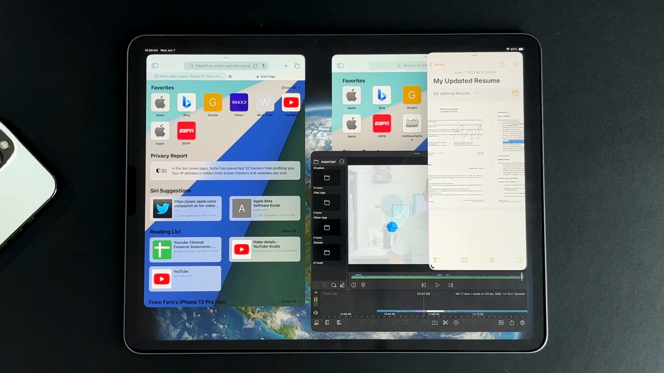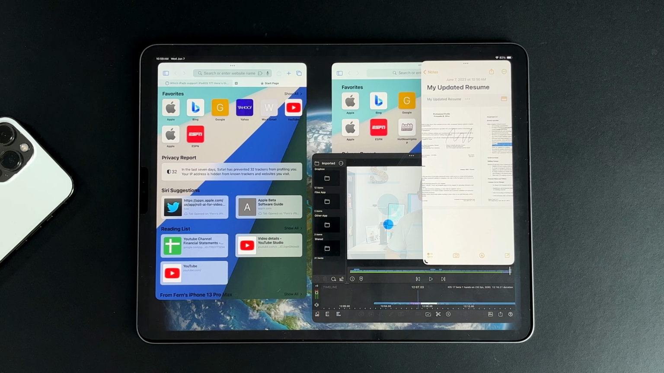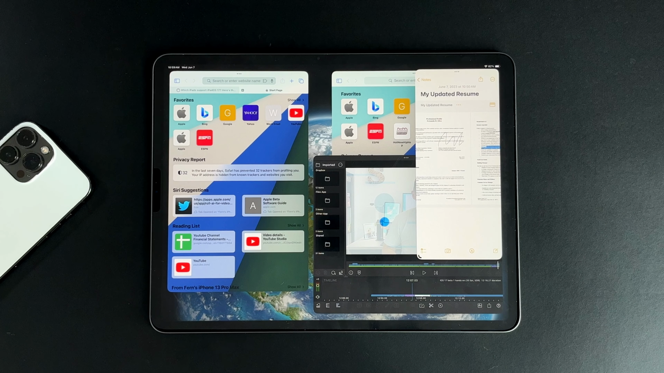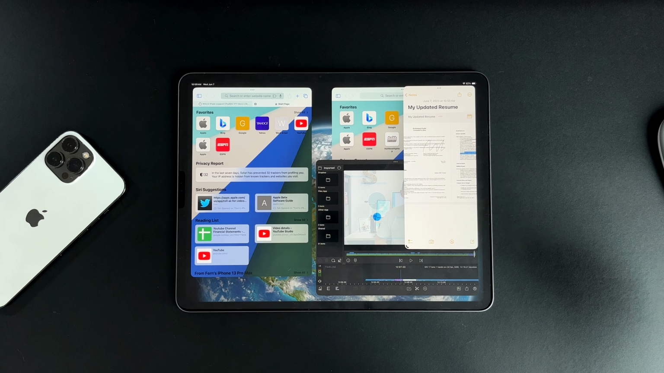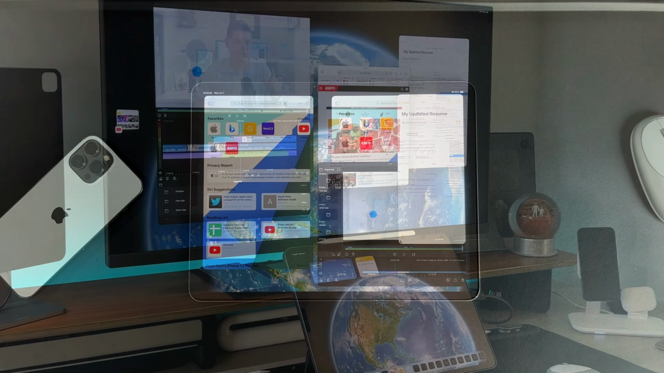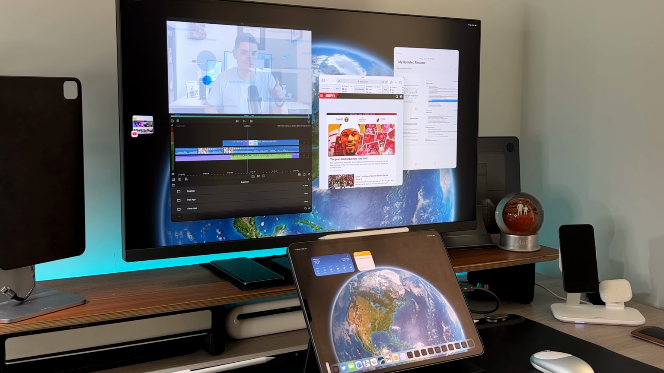So the first feature that I do want to mention is Stage Manager. Stage Manager came to iPad with iPadOS 16 and can be used with any iPad Pro from 2018 or newer, as well as any M-powered iPad, so that includes the M1 iPad Air. But with Stage Manager in iPadOS 17, yes, on the surface, it kind of looks the same from a functionality standpoint,